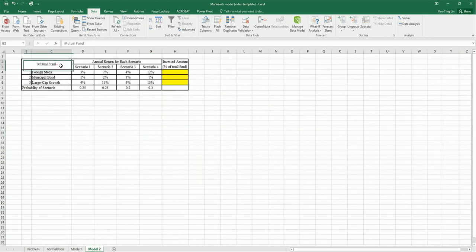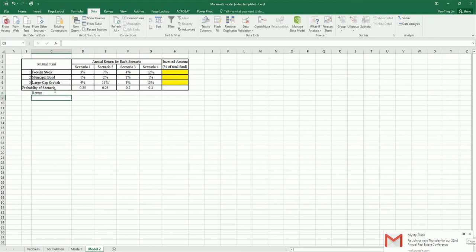So this is the data we have, and our decision is over here, is to decide the allocation of asset into these three bonds. So I'm going to put these 3 cells in yellow because this will be our decision. And just like in the previous case, we need to calculate the variance. For any given numbers here, what is the variance of this portfolio? So we start by